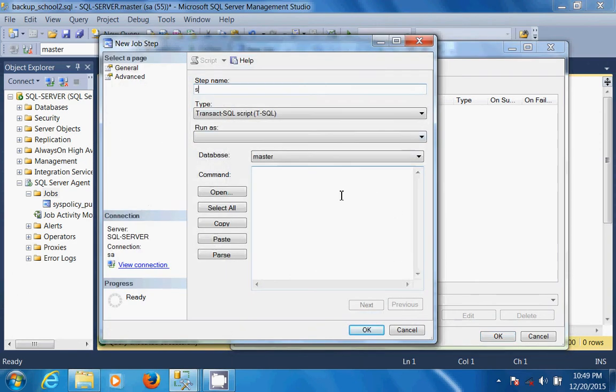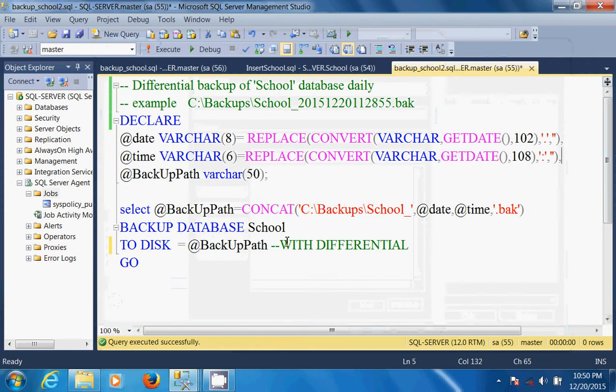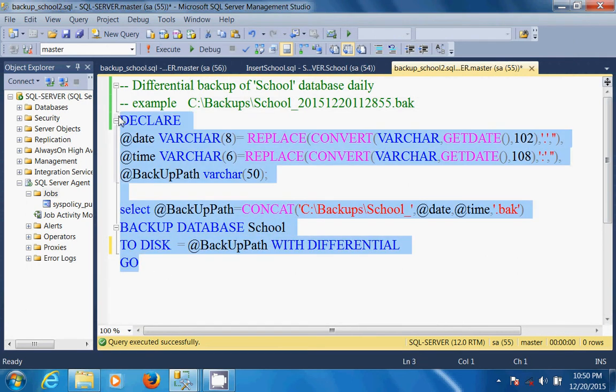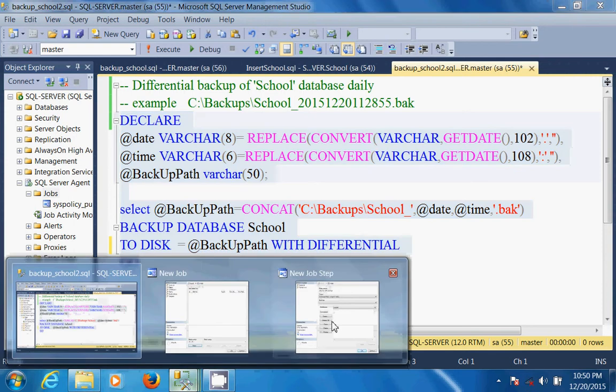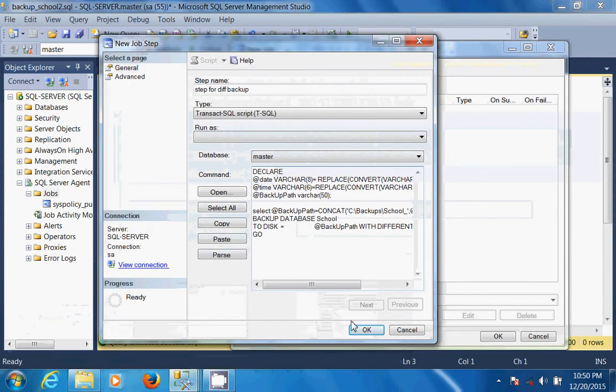The step name is step for differential backup, and the type is T-SQL, and the command we are executing is the differential backup. So copy this one and paste it into the command text box.